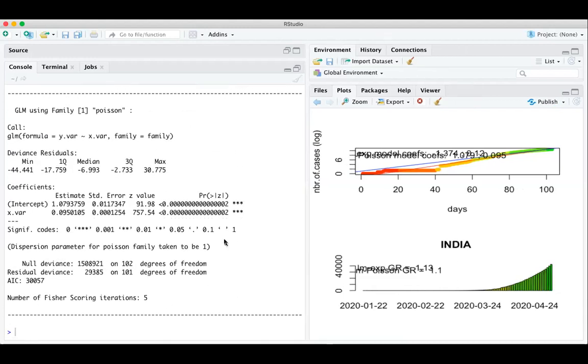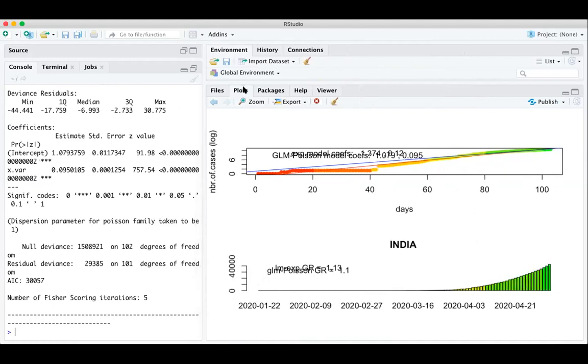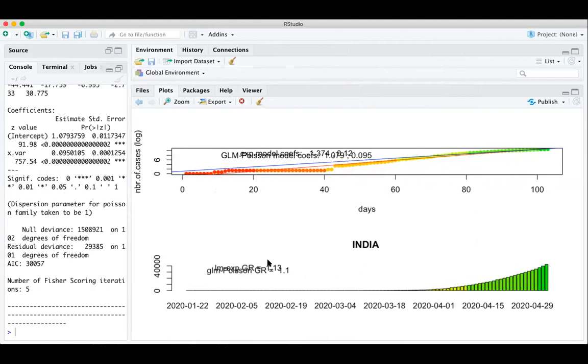Okay, now let's see the graph. These are the number of cases on the y-axis.